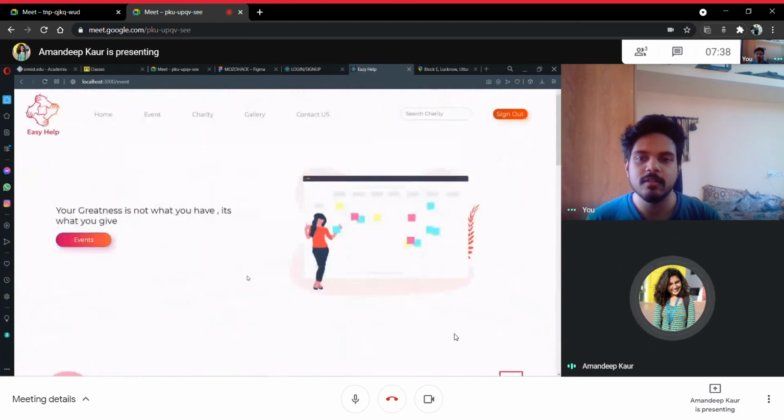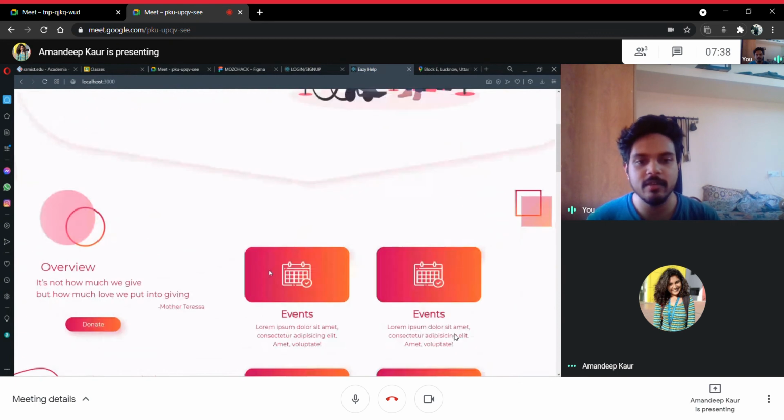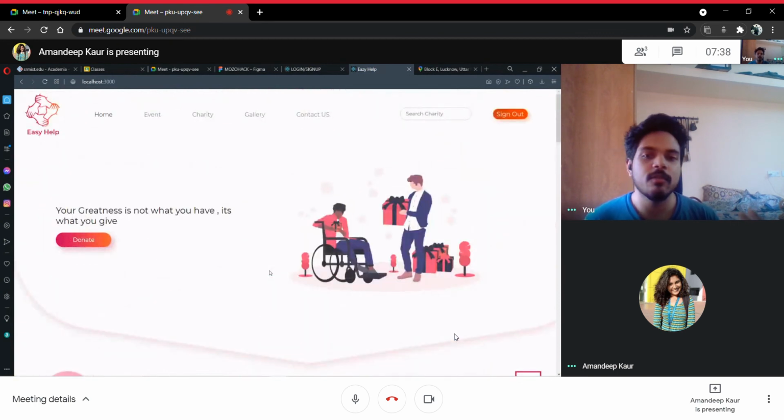So basically, our platform is an all-in-one platform where charities can put up their events so that people can know them. Volunteers can volunteer for a good cause, and people who want to donate online can donate. Even though that is a future implementation, where we have only designed a UI to give an idea, everything else can be done as of now.